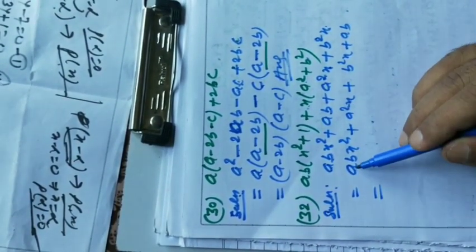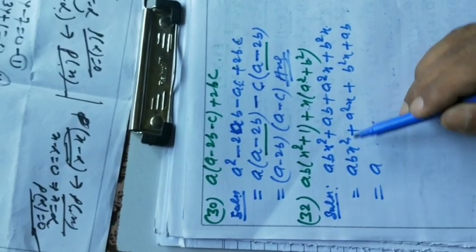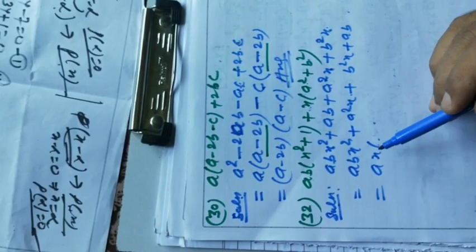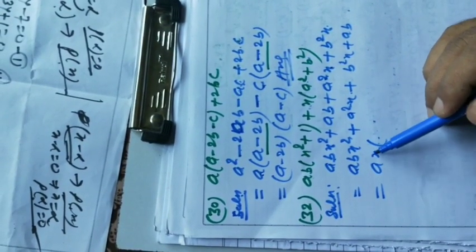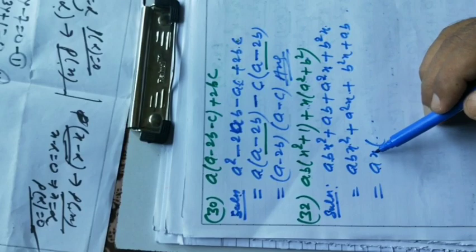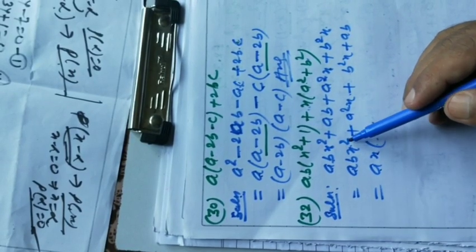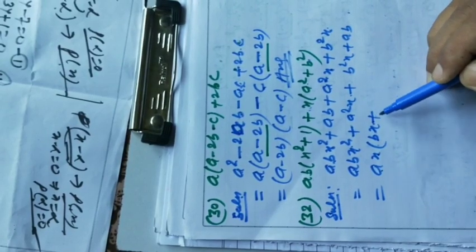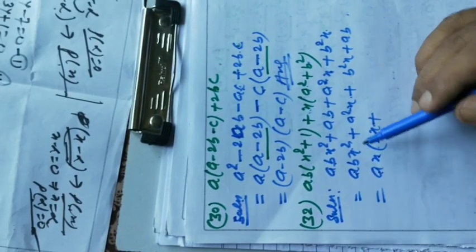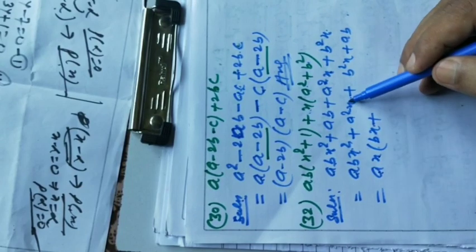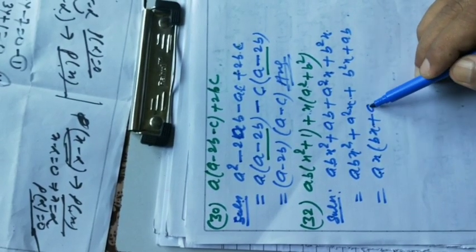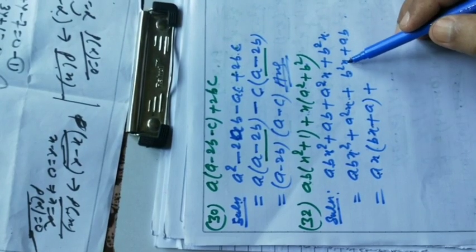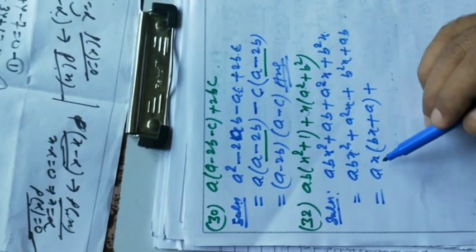Now in these two terms, a will be common and x will be common. Now put the bracket and divide this term by x. A will cancel by a, x square will cancel by x in x times. So b and x will be left here, and a square divided by a, then a will be left, and x divided by x will be 1. So a will be left here, plus b square x divided by ax.